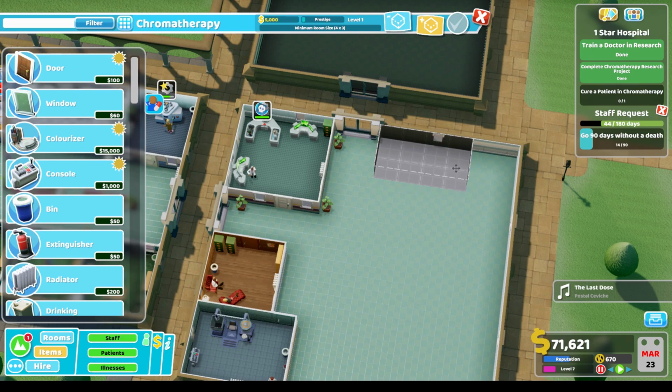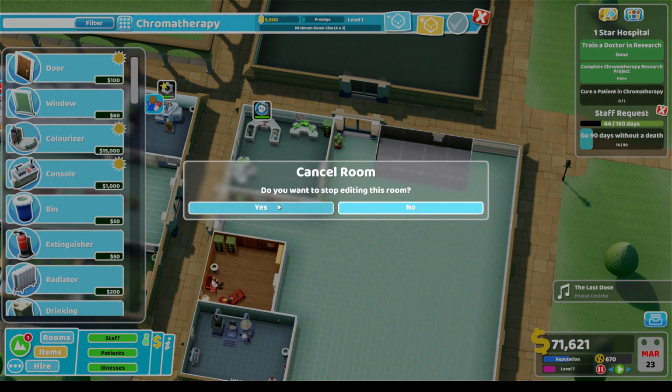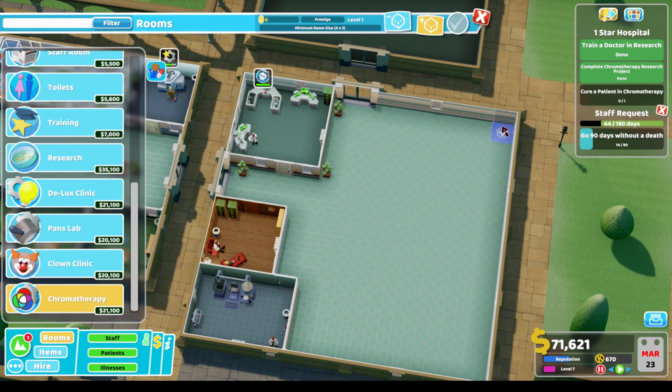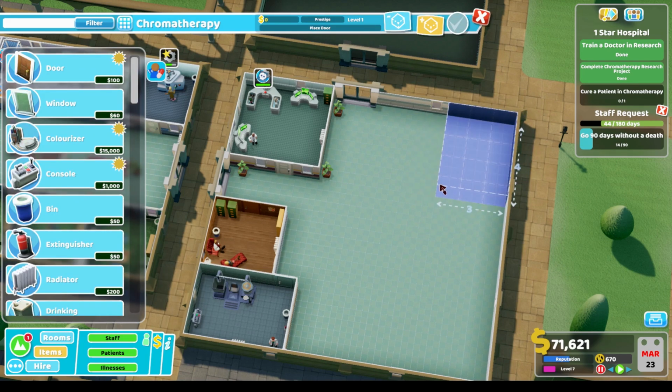What we need is, let's cancel that and let's stop it. Let's go to rooms, let's go to chromotherapy and let's start it from this side. 4x3 is the minimum. Maybe we'll just do it 4x4 like that. We'll plop it in there. We'll get the machine over here. We'll add a bit of a bin in the corner. We'll make sure we get one of these guys in there just so that